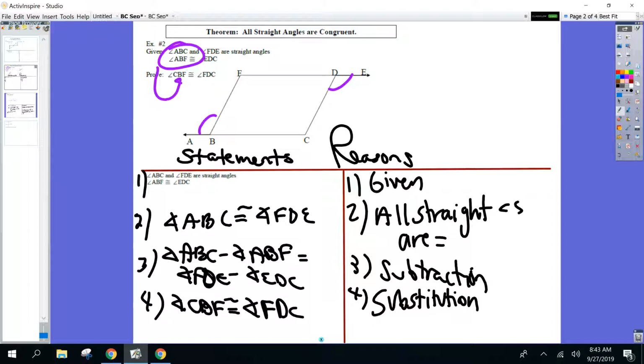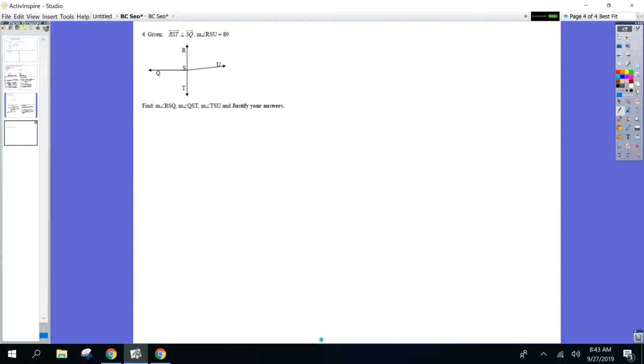Okay, let's go on, continue our notes. We still got to do number 4. We can always do some algebra too. All right, want to keep you on your toes. We can do some algebra. Ooh, RST perpendicular to SQ. Hold on before some of you guys start drawing your horizontal and vertical lines. The directions now,